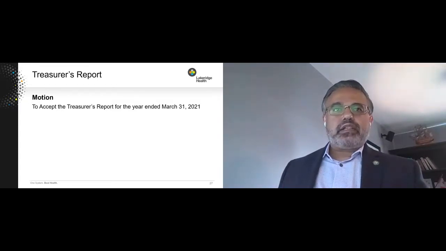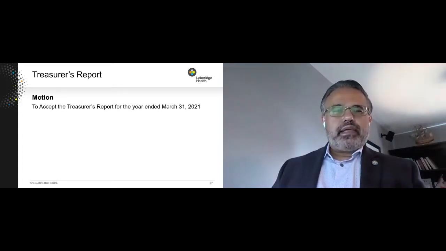COVID-19 expenses and lost revenues resulting from COVID-19 were significant, totaling over $88 million. The Ministry of Health introduced specific funding streams to reimburse direct COVID-19 expenses, fund lost revenue, and permitted the recognition of unearned revenues, for example, for quality-based procedures that were not performed, effectively addressing the financial operating impacts of the pandemic. In addition, Lakeridge Health received $9.5 million of COVID-19 related funding from the Ministries of Health and Long-Term Care